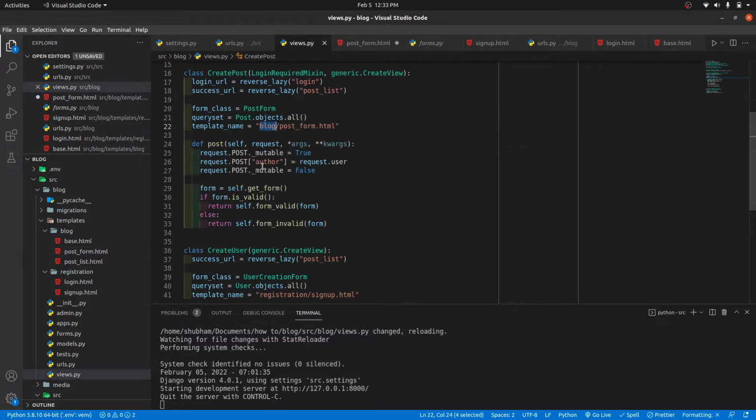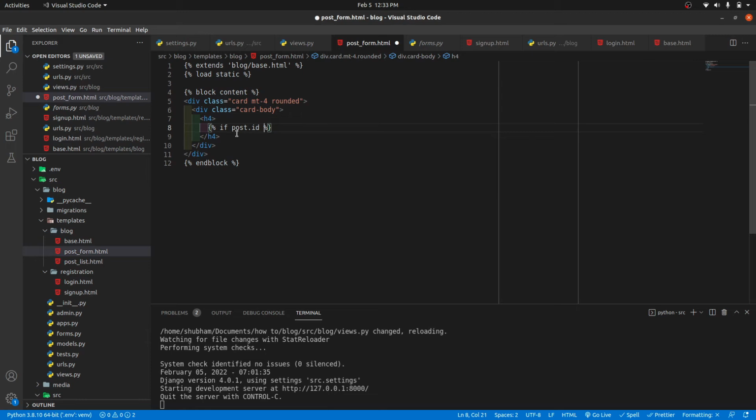Whatever data will be passed from here will be in post, and if id exists, that means we are editing it. Okay, so edit, else it will be new, and after that we are going to say post. So new post or edit post will show the title,